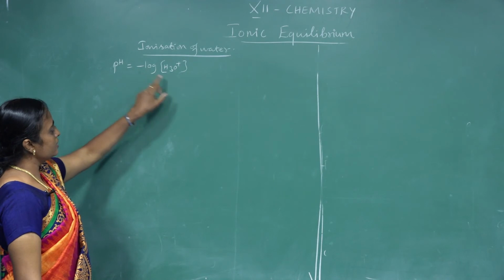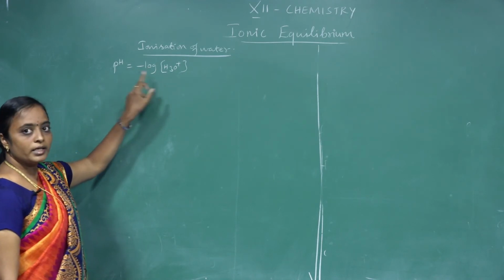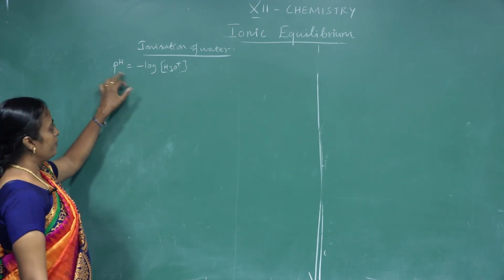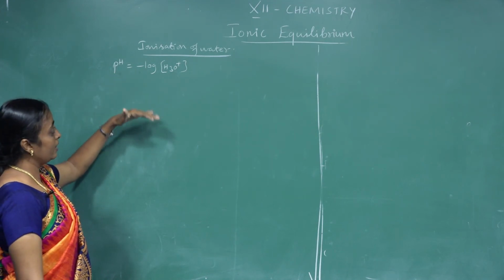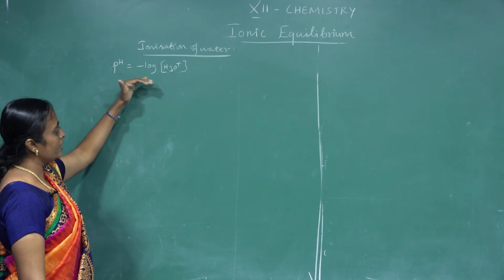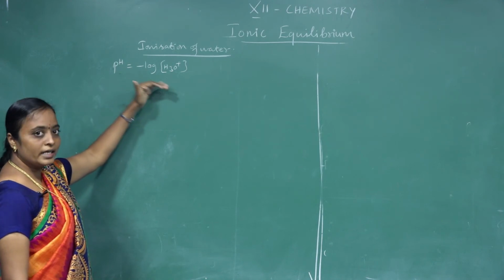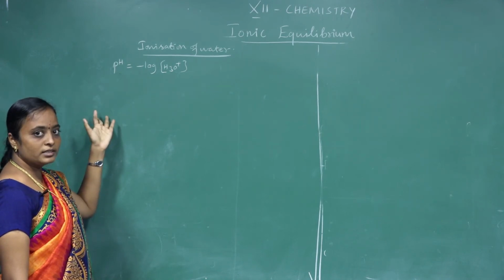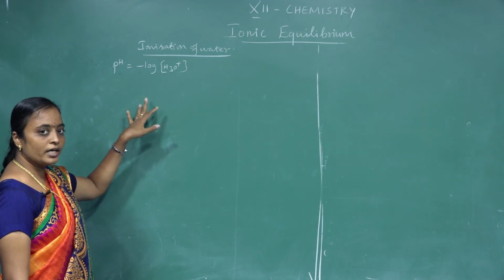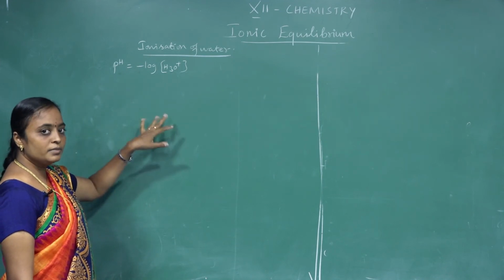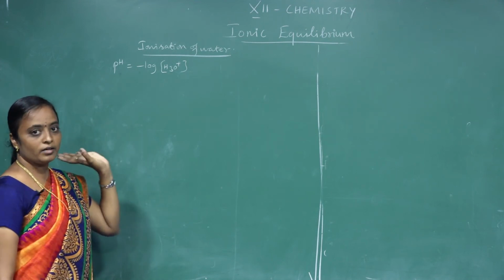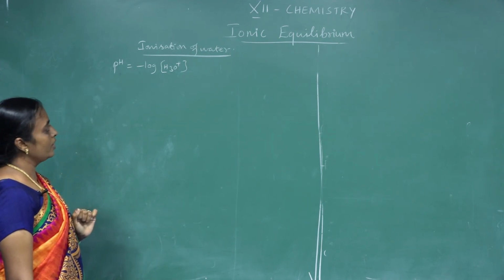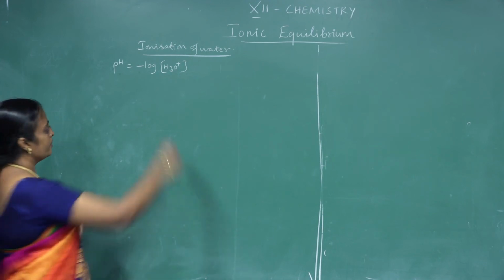If the concentration of a hydronium ion increases, pH value decreases. If the concentration of a hydronium ion decreases, pH value increases. So from this we will get an idea. Next, we are going to derive a relationship between